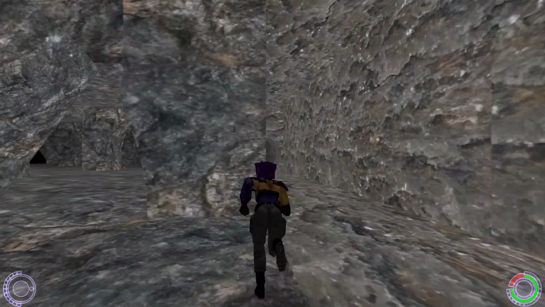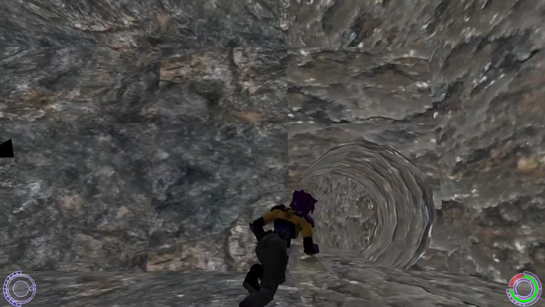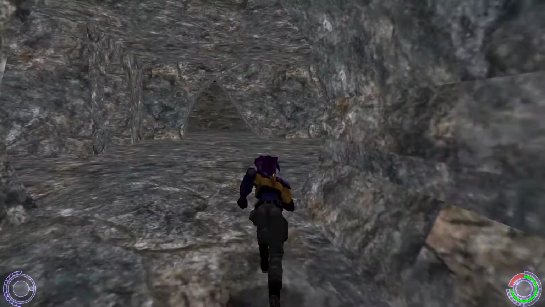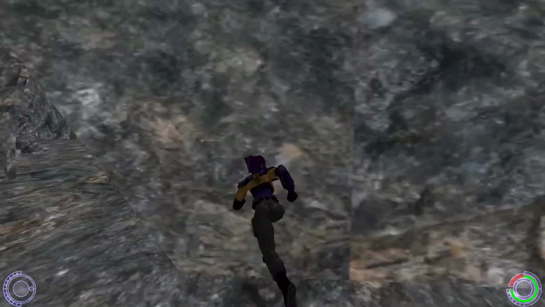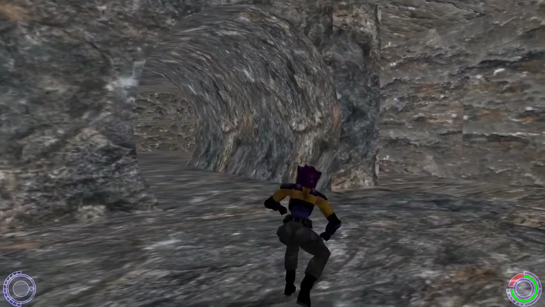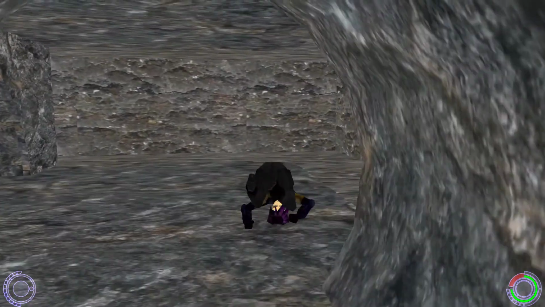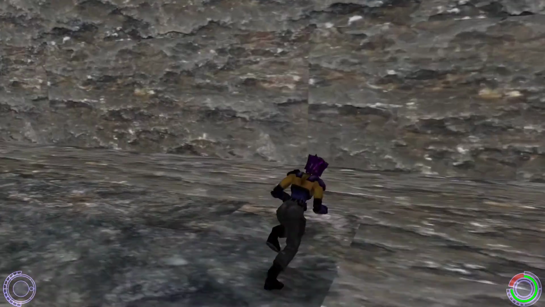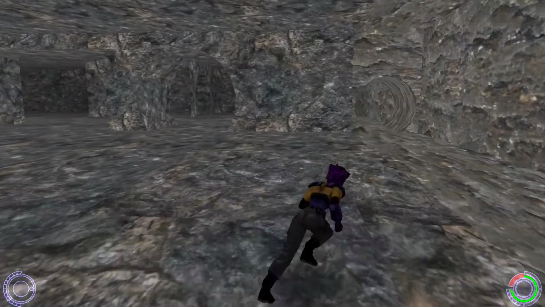It has a different texture, like I told you earlier. And yeah, I know that the arena seems a bit confusing, but that's also part of the idea for this arena.